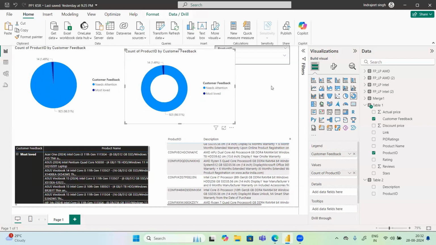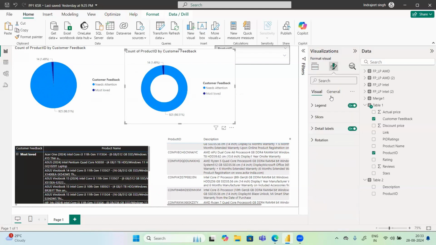Okay. So now suppose there is a requirement from the client. In this chart, you are not able to see the total, right? How many total items are there? Suppose there are 5 things. If the client wants to see the count of all the 5 categories, it is not visible here. You have to count 925 plus 14. Then this is our answer, that is 939, right? So in this case, what you can do is,